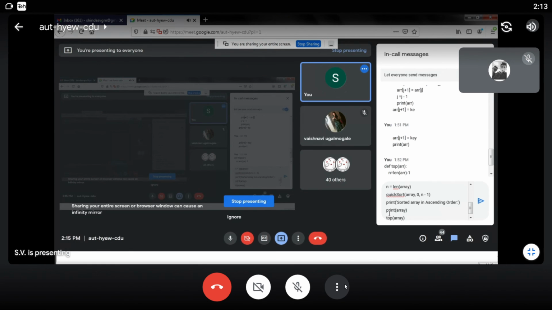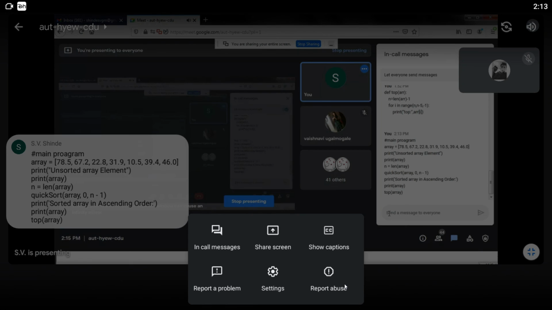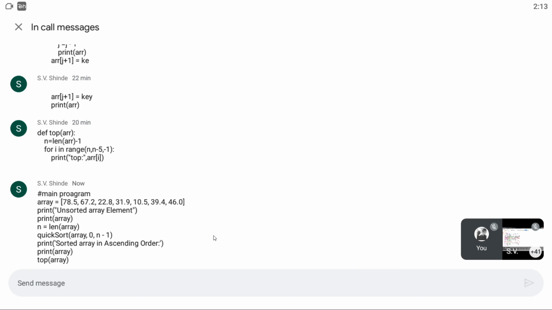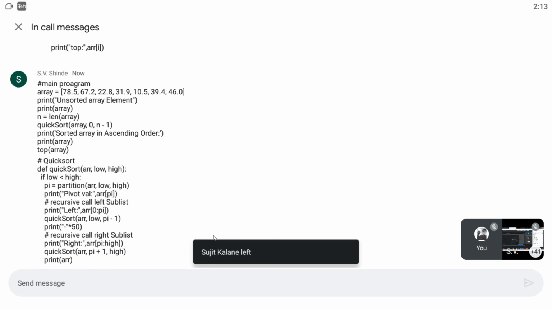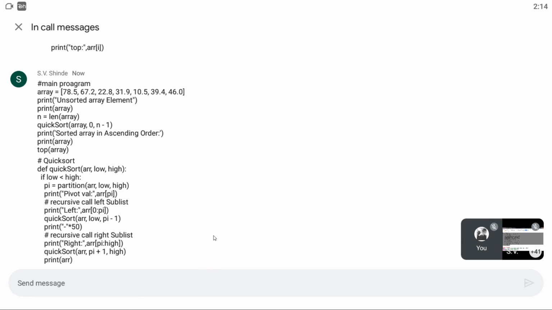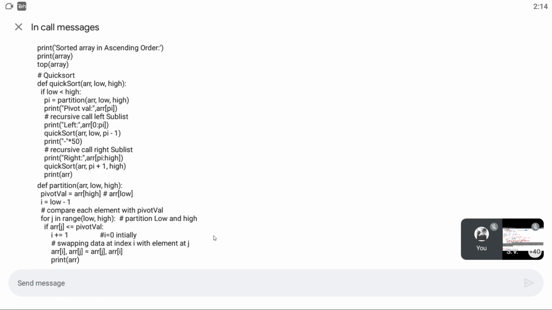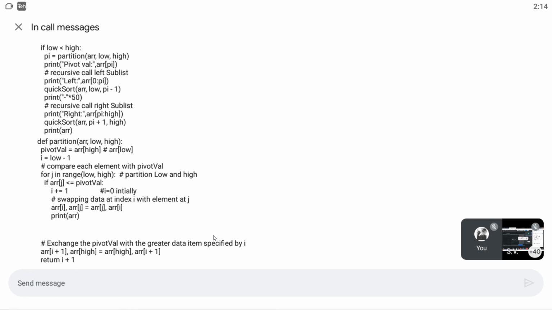So you can have the code for quicksort. So the topper function is also there.